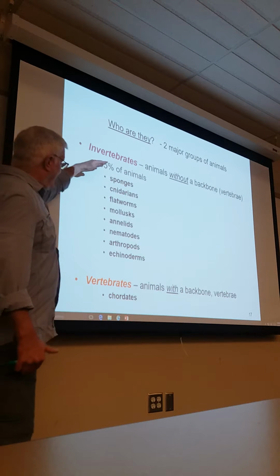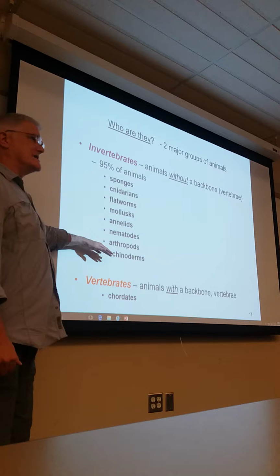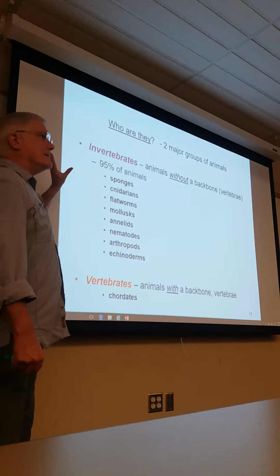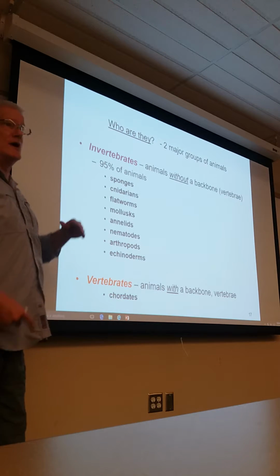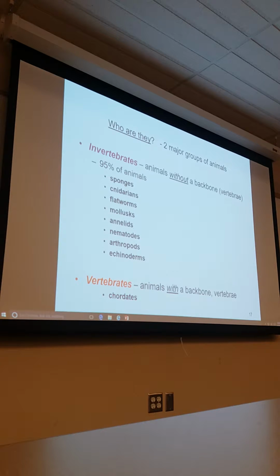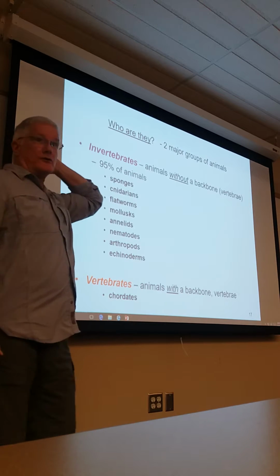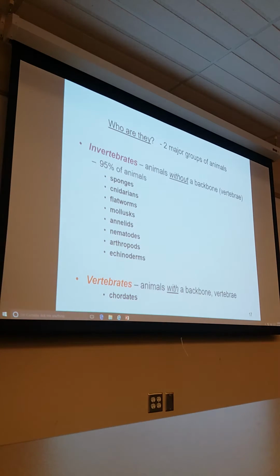But this is the order, in a sense, we're going to be looking at in terms of the different types of animals going from like computer programming, version 1 to version 2 to version 3 to version 4. Each version becoming more complicated, more complex, and more specialized. So start off with your fun task of how do I have to memorize the information? Well, I know there's 2 major groups of animals. One group called the invertebrates. Another group called the vertebrates.